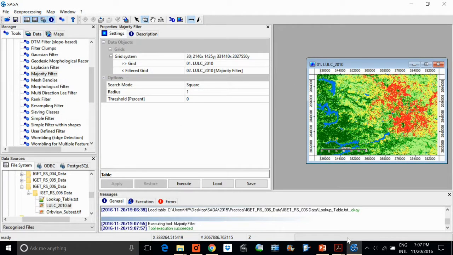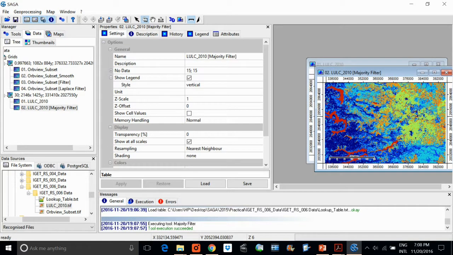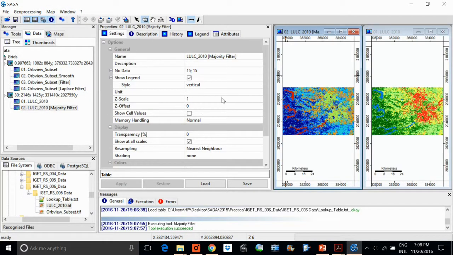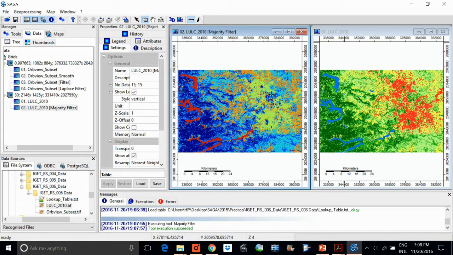See the progress. And now you wish to see what has happened. This is the majority filter output. Let me open it for you and see, window vertically. So these are two images: the previous one which we changed through the lookup table, and then this one which we have just now created.